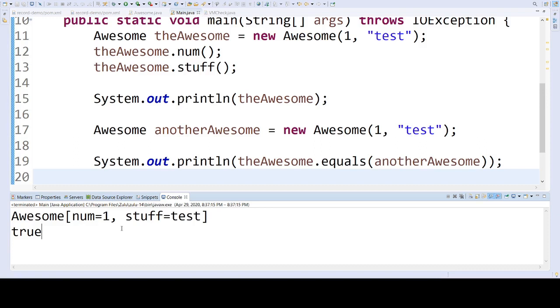So now this record is actually equal to this other record without doing any work. So if you have records composed of records and it's turtles all the way down, you could potentially do deep equals on a very complex object.